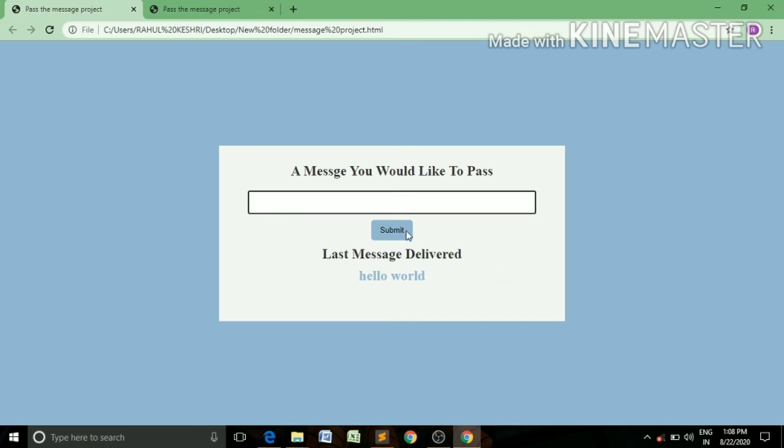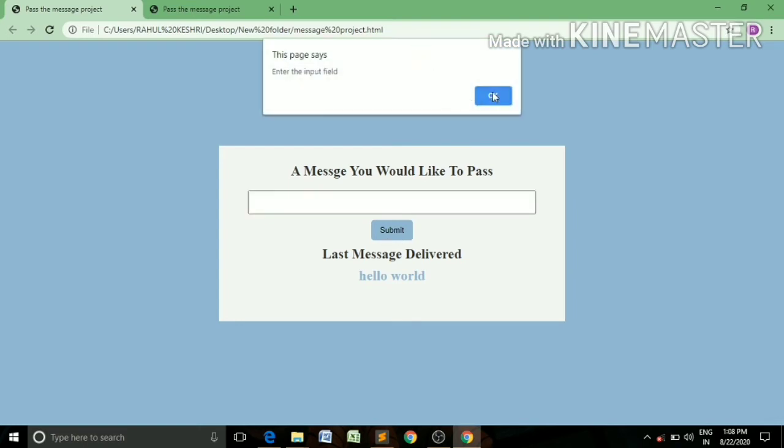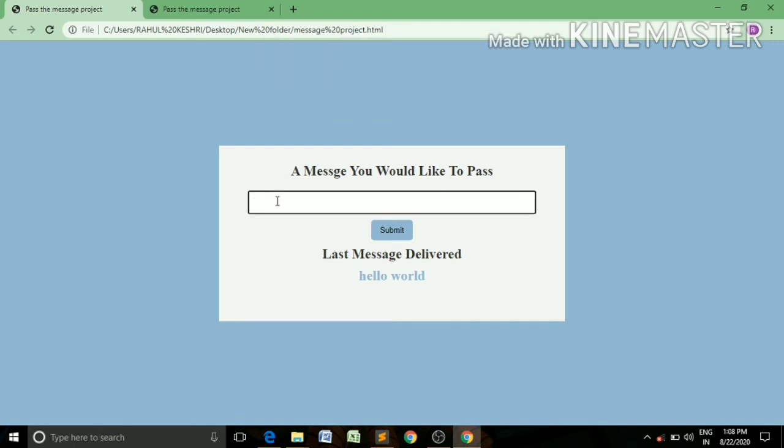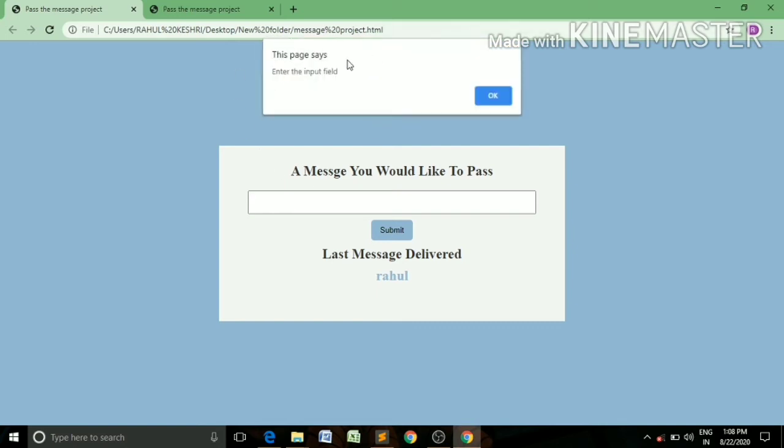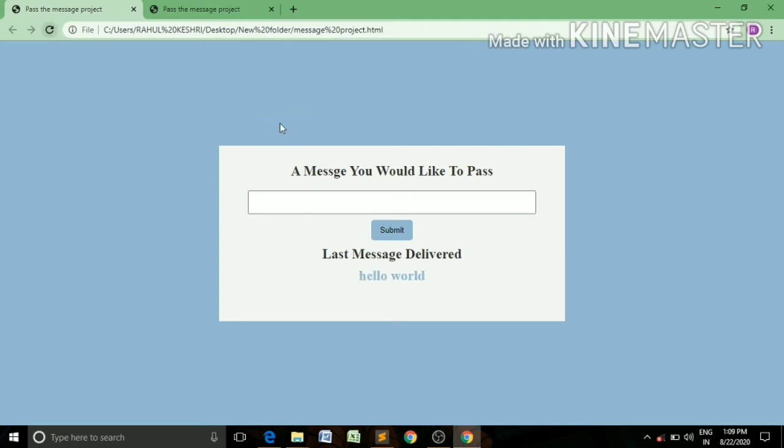Use this button. When we click this button, an event is performed. For example, if you write your name Rahul and click the button, the name Rahul appears in the place of hello world. That means when you click, some event is performed. If you do not fill this input area and then click the button, then an alert pop-up message is shown, meaning another event is performed. That means we will have to use the addEventListener method to perform an event.